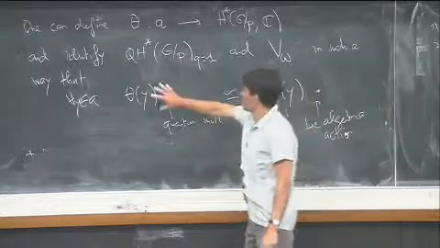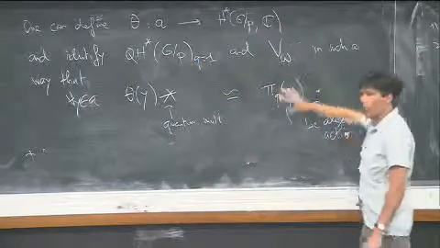Okay, so I have quantum multiplication on this side, Lie algebra action on this side, and this pi q is a